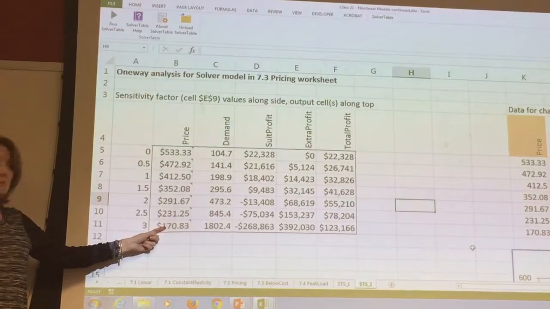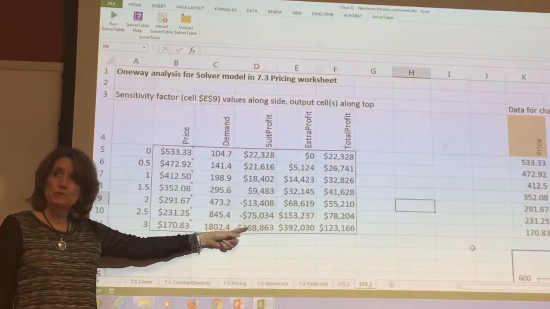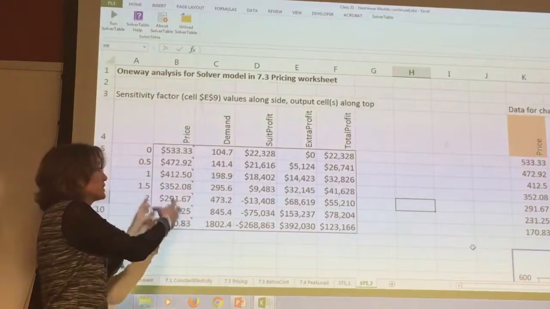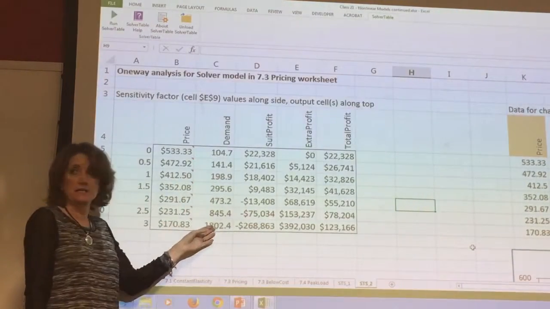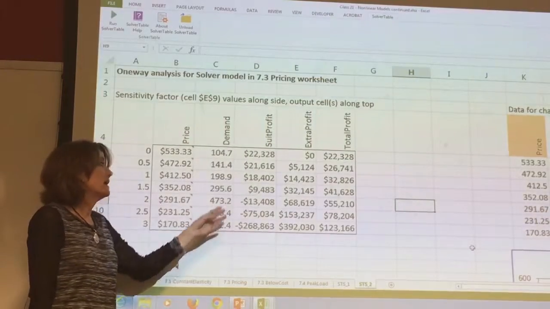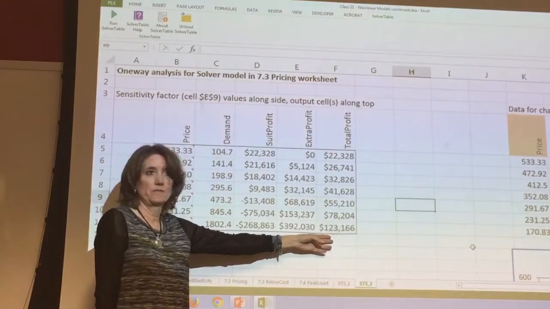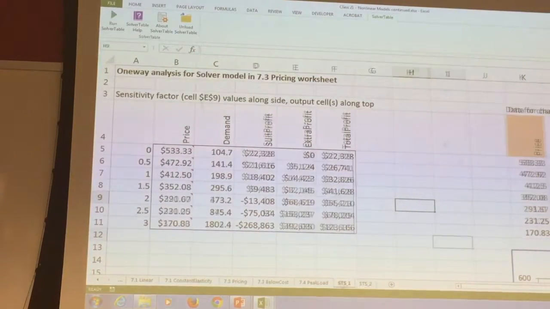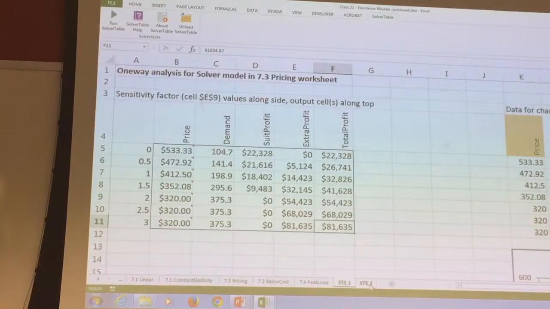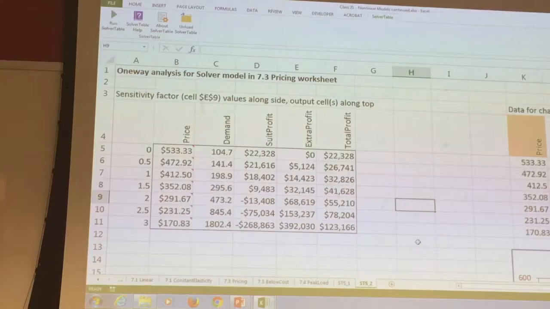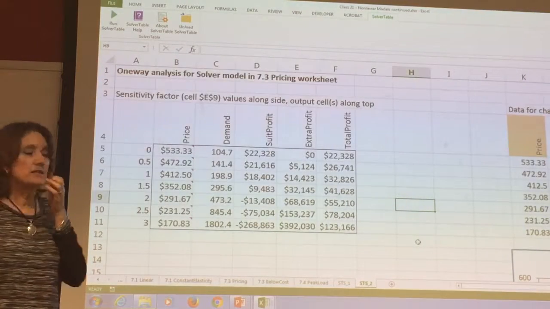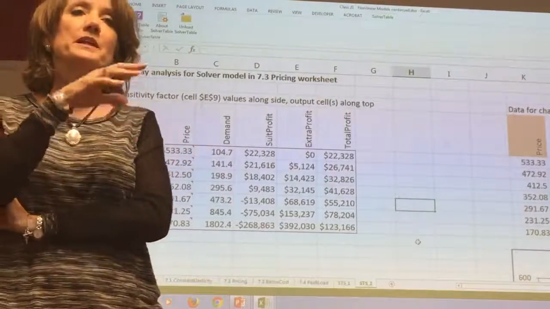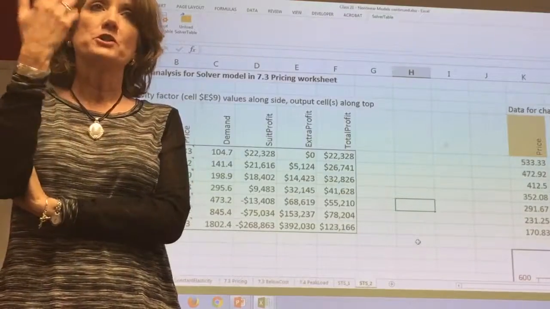And like you said, anything below cost is a loss. We actually lose money on suits, but we make so much more money on shirts and ties because these low prices are bringing in tremendous demand. These low prices are bringing in this huge demand, and we make more money on the suits side. We actually do better this way. At the 55, 78, 123, as compared to 54, 68, 81, we are definitely doing better if we price these below. So here's the deal. The very first time, last time, on one of these previous models, I put in a constraint that says selling price should be greater than or equal